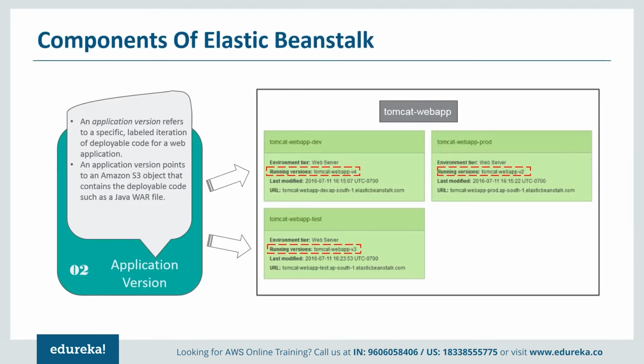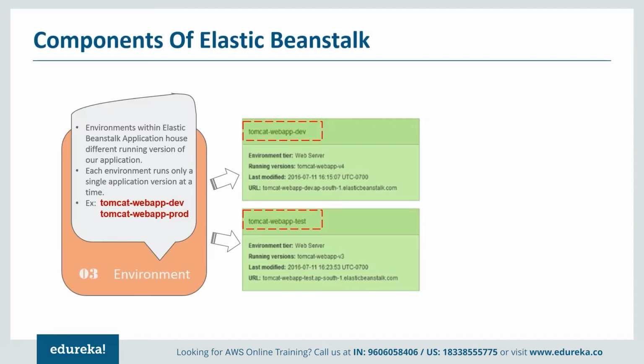deleting the previous ones. Then we have something called environment. Environment is a place where you actually run your application. When you launch an Elastic Beanstalk environment, Beanstalk starts assigning various AWS resources like EC2 instances, auto scaling groups, load balancers, and security groups to your application. The point you have to remember is that at a single point of time, an environment can run only a single version of your application. But Elastic Beanstalk provides an option where you can create multiple environments for